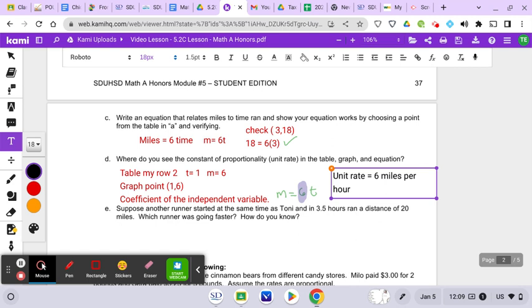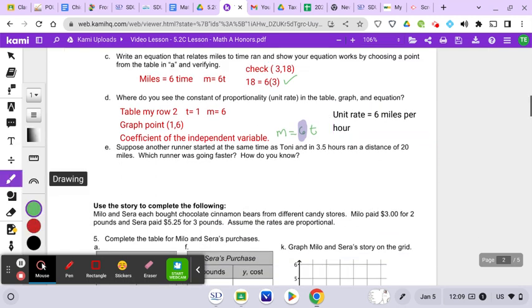Okay, so I take the information that I already know. I know that Tony is cruising at 6 miles for 1 hour. And